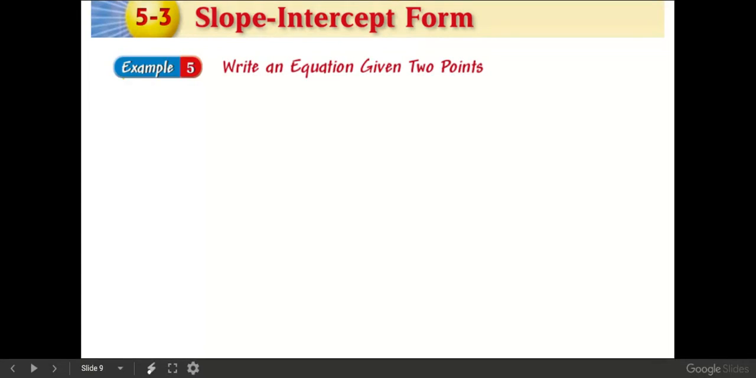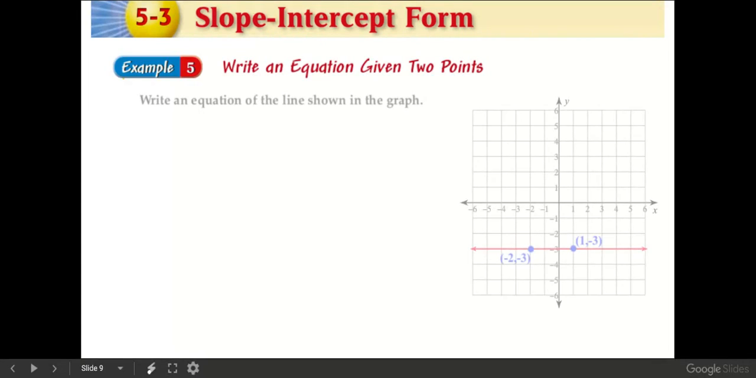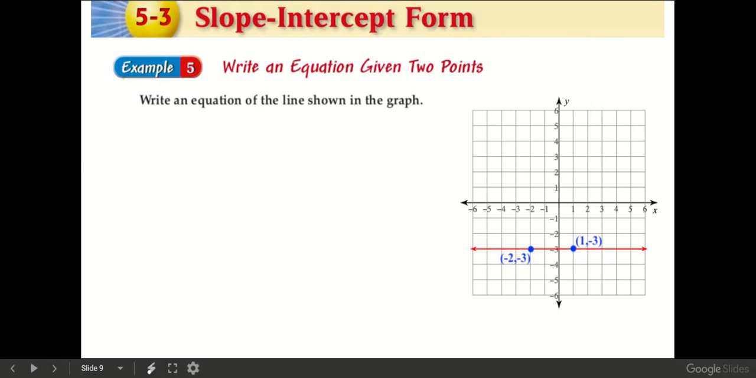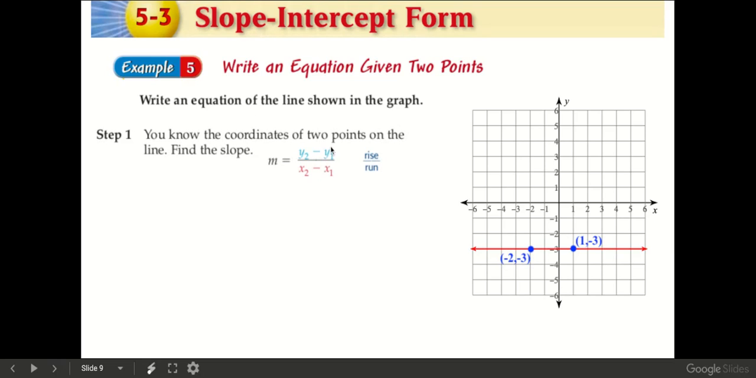Okay, so let's look at another example. In example 5, it wants you to write an equation given 2 points. So let's go ahead and write an equation of a line through these 2 points. Here I have the point -2, -3, and the point 1, -3. If I take those 2 points and find the slope between them, the change in y coordinates